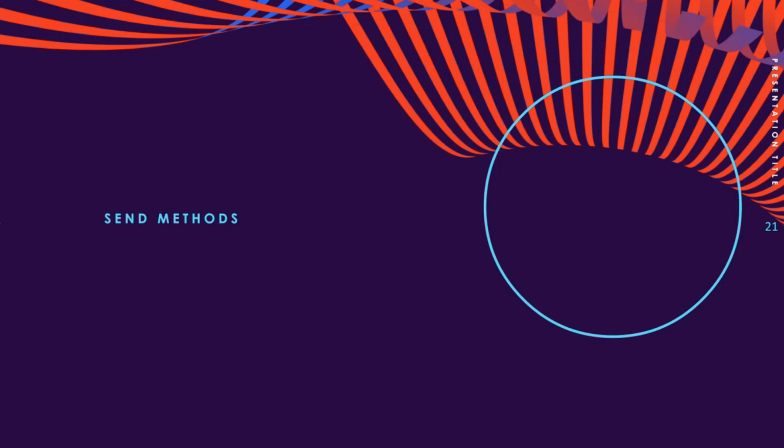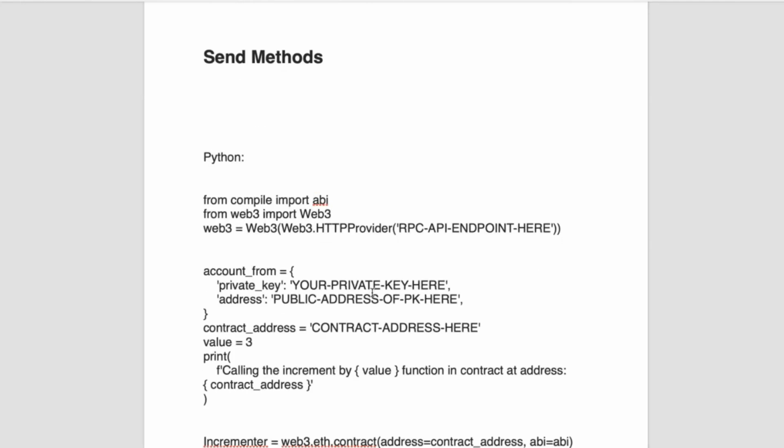But there's another concept that is called send method, which is a little bit different. So in this part, we'll talk about send methods used to modify a contract's storage, which requires signing and sending a transaction. So there's actually something to get executed on the blockchain virtual machine. The purpose is to create a script to increment the incrementer, and you can create a file called increment.py or